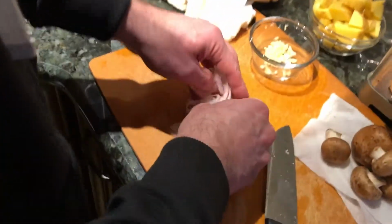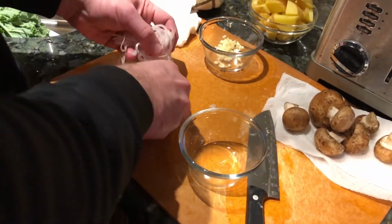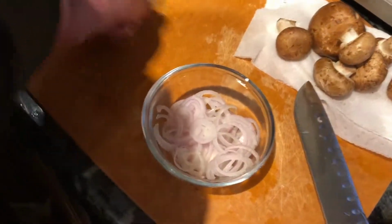And I'm going to take one of our ingredient bowls there, just chop it up a little bit, and put that in there. So that's a big shallot. Cool, just cleaned up. Next we're going to either do the mushrooms,